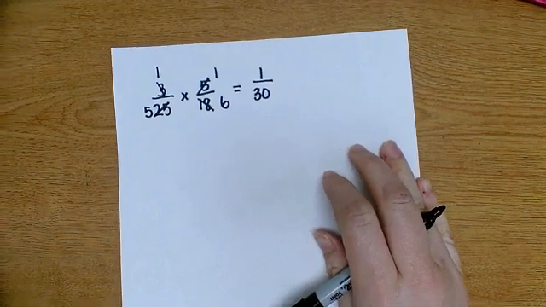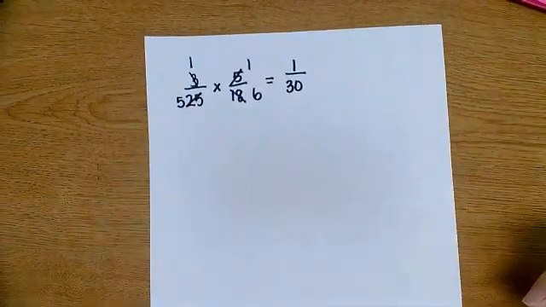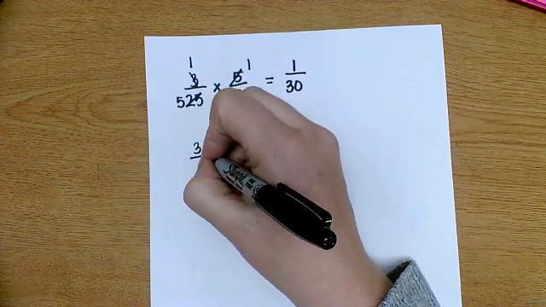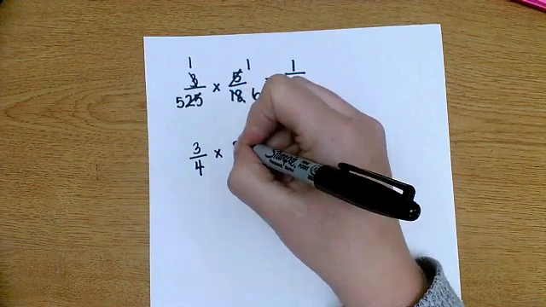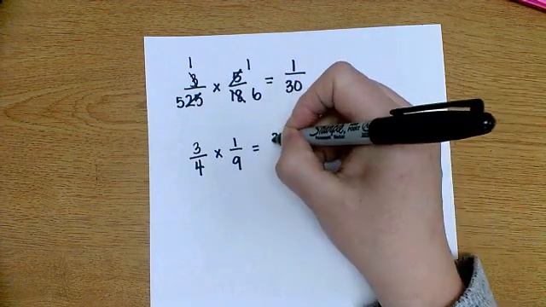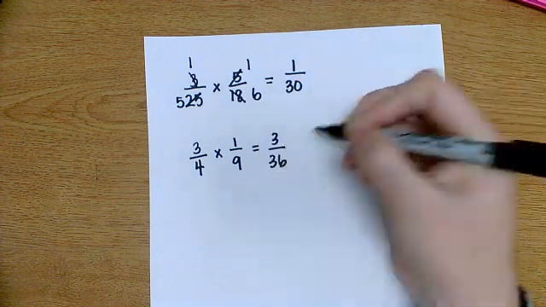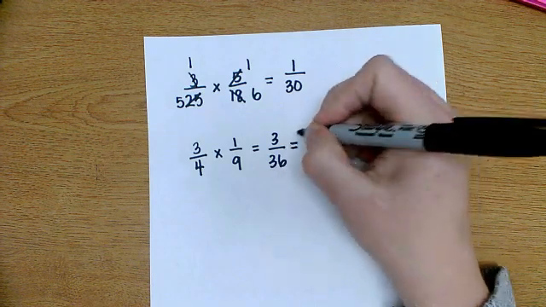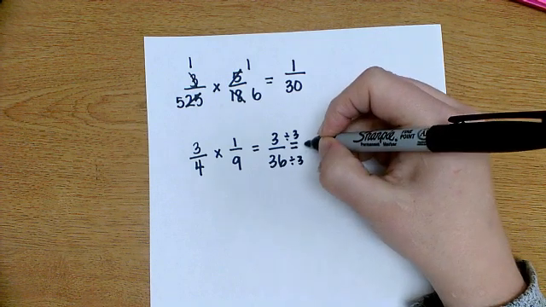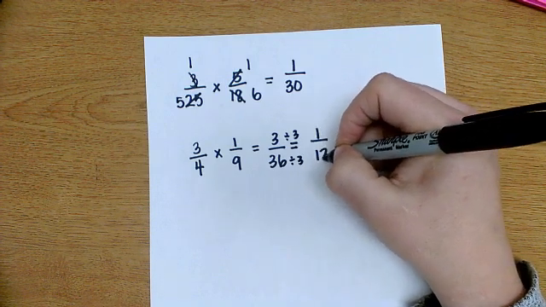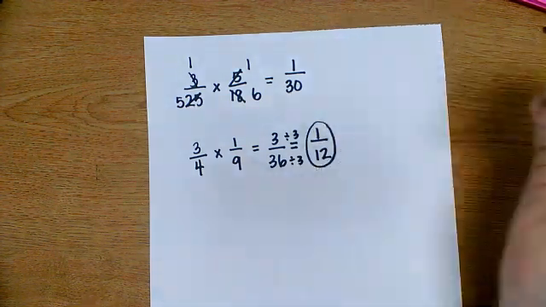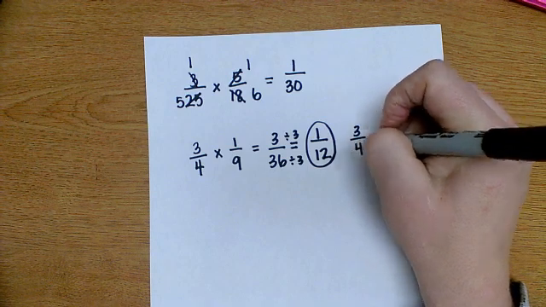I'm going to show you that with a smaller number, why that works, because we could then see the simplifying easier. So if we were to do 3/4 times 1/9, and I multiply across, this is pretty easy, but we would get 3/36. And hopefully you would see that you can divide both the top and the bottom by 3. And you would get 1/12. So that's my answer. If I do this same problem and I simplify first,